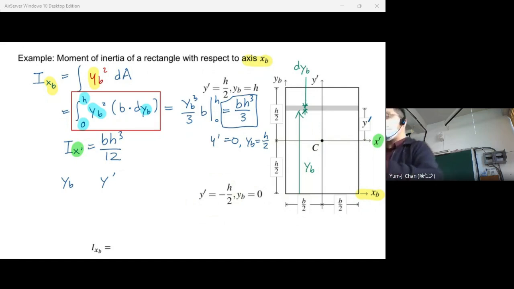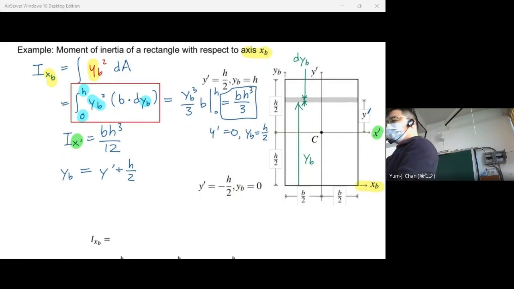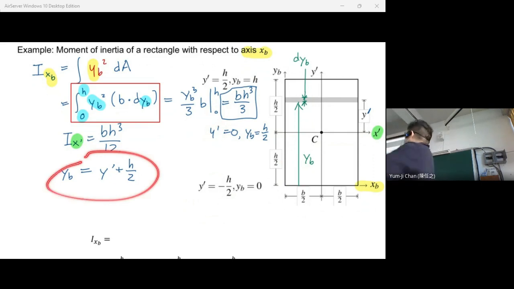So we can write a relationship between the two. Yb is equal to y prime plus half of h. Is that okay? Does it sound logical? So for any point here, if we have yb, of course we can write y prime, and yb is equal to y prime plus h over 2. The second thing,